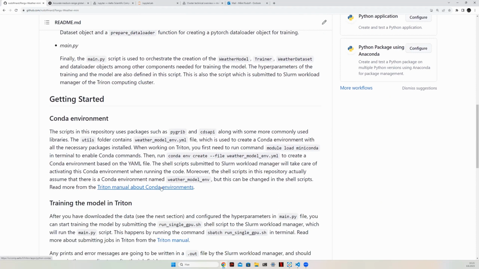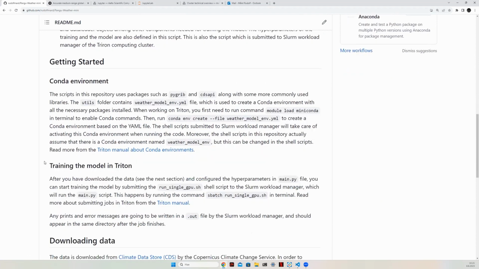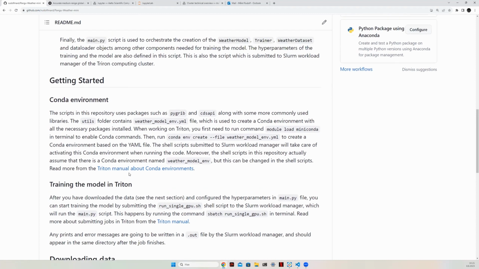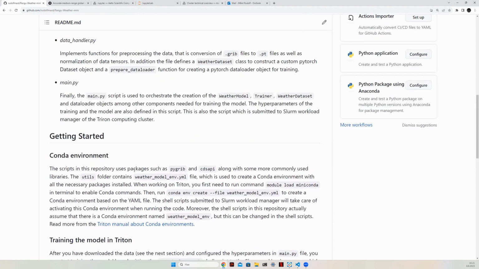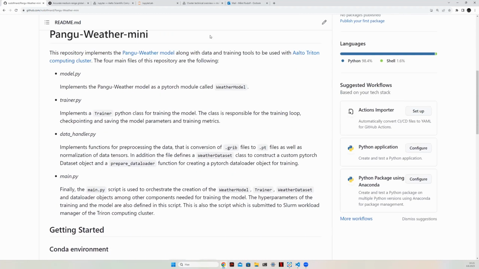I have included links to the Triton manual about the topics. And maybe we could start by looking at how the actual workflow goes from here. I will share another screen.